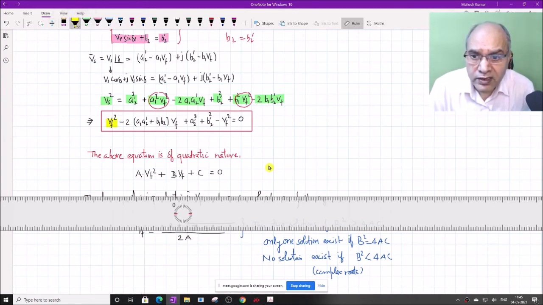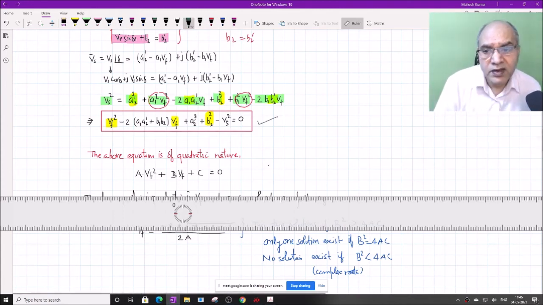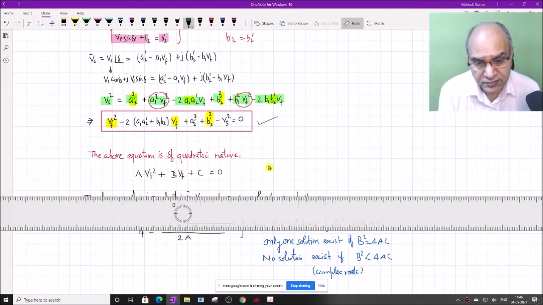Okay, and then this is the BF term. The BF term is with minus 2 common, A1 A2 dash here and B1 B2 dash here, then plus A2 dash square, this term, and then plus B2 dash square and minus BS square. This is not BF actually, okay, this is BS square. This equation is quite generalized in nature, and we can solve for BF.